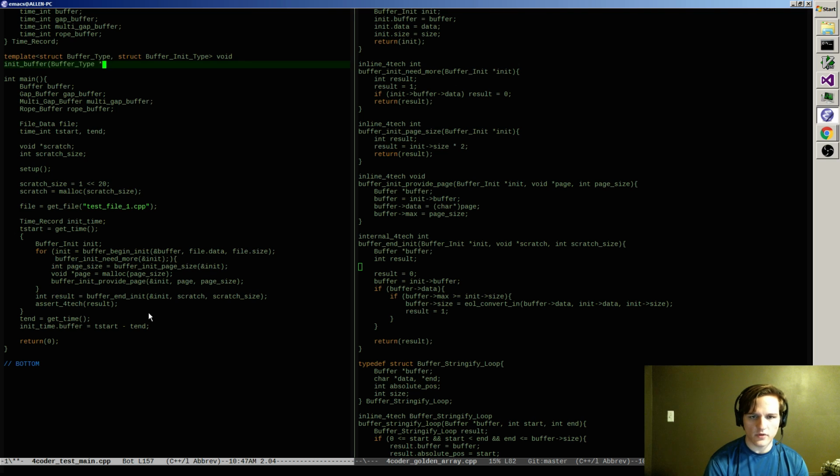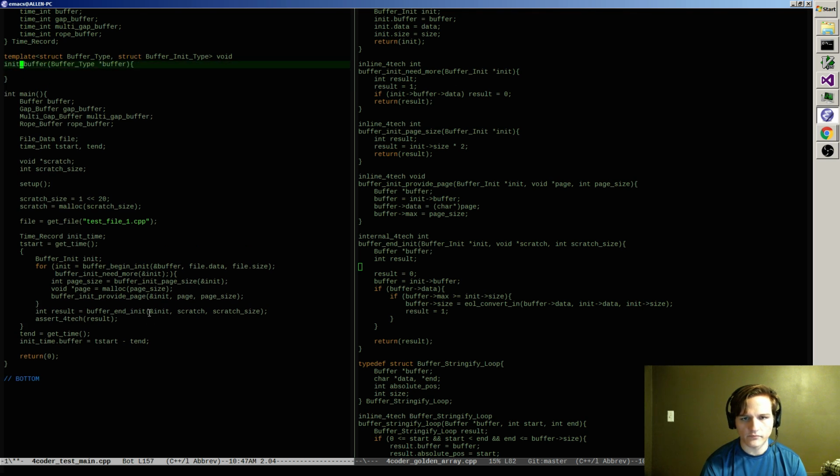I'm not super excited about this, but if it doesn't make too much of a hassle, this might be a win in this case, so it's worth a shot. This is going to need access to the file data, and the scratch, and the scratch size.